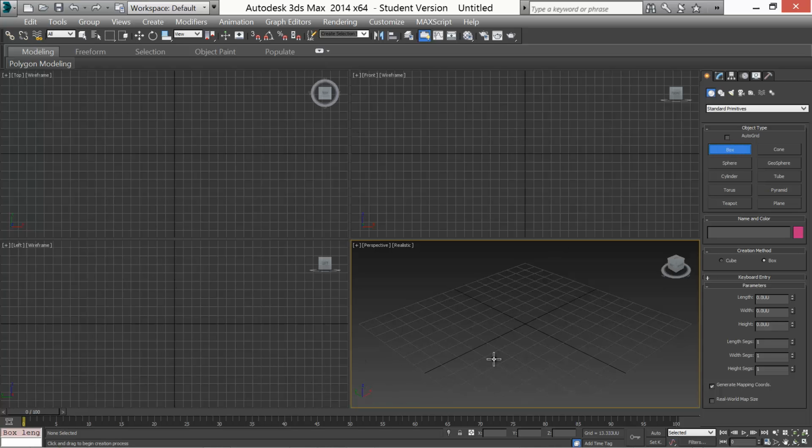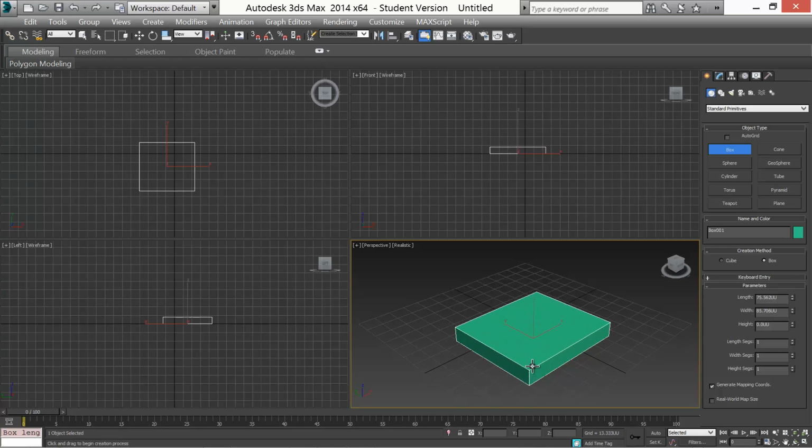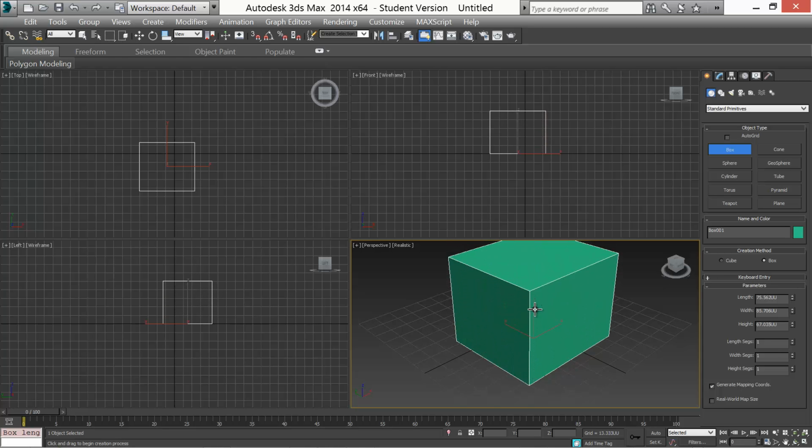Some artists will use other views to start the creation of their model. For the sake of this example, I'm going to start in the perspective view, and I'm going to click and drag my initial shape of my box. Let go of the mouse button, and then I'm going to move forward to finish the creation of my 3D